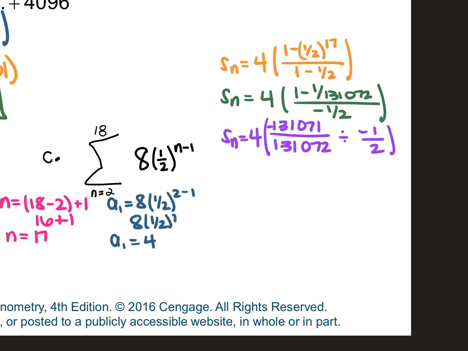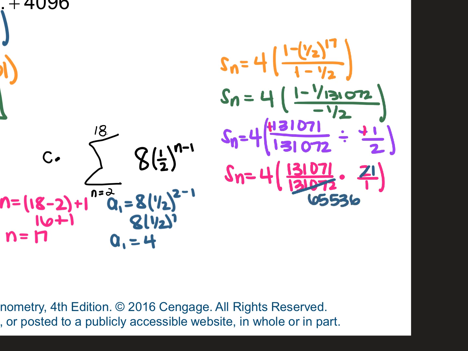With this, we can keep, change, flip. Your negative divided by negative would also become positive. So that's going to give us 4 times 131,071 over 131,072 times 2 over 1. This 2 is going to simplify to a 1. The 131,072 is going to turn into 65,536. So if we multiply